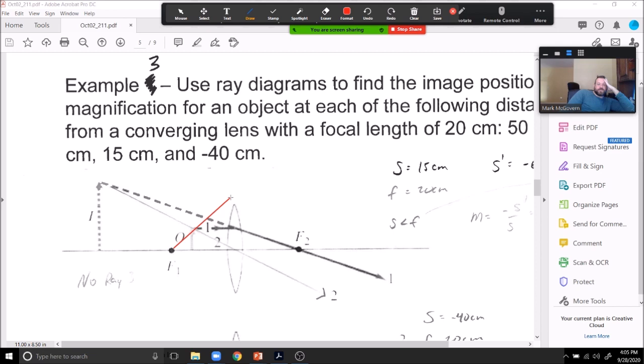It doesn't even work. Imagine the lens was bigger though. Yeah, that's why I didn't draw it. Because it looked like that. Anyway, everything diverges. So that means where's the image? It's on the other side, because you trace back to get to your virtual image. So when we do the equation,